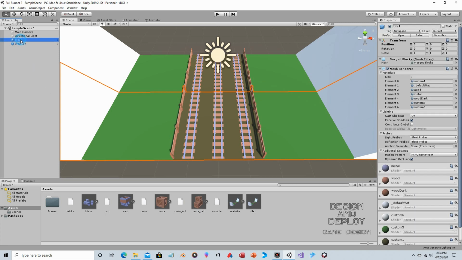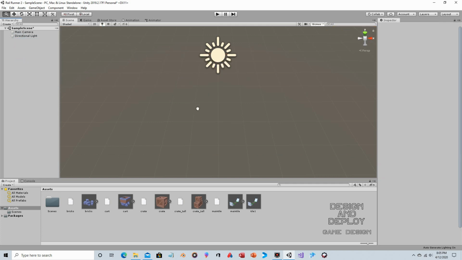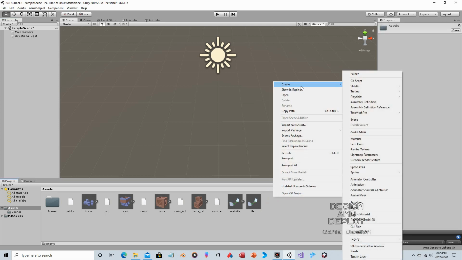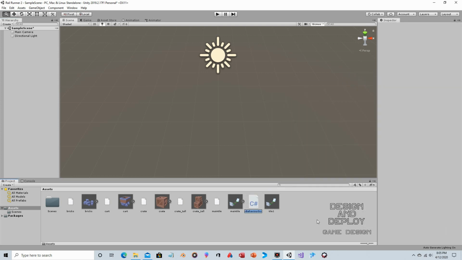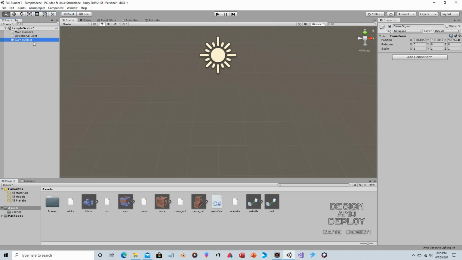So let's go ahead and delete those because that was just for, again, demonstrative purposes. And now we're going to make the 3D environment. So we're going to right-click, create, C#. We'll call this game flow, and we'll attach this to an empty GM object. So game object, create empty,